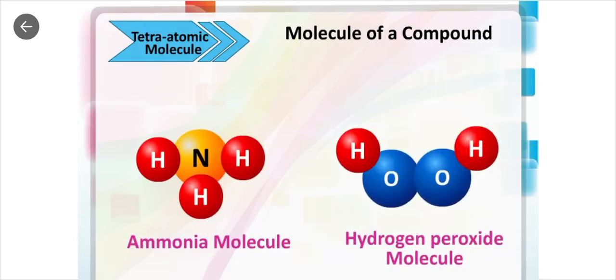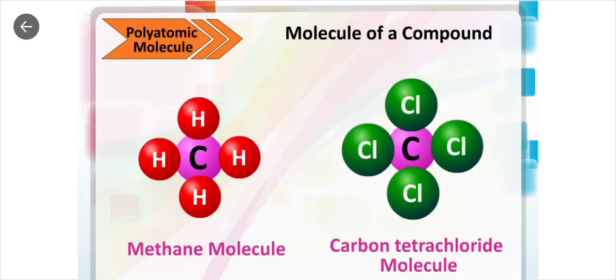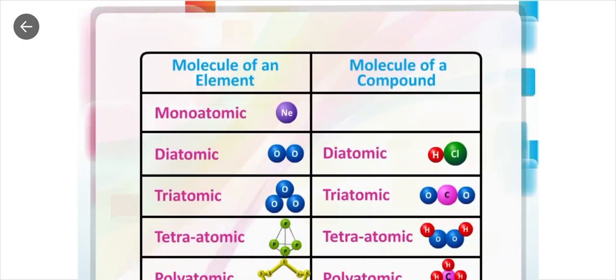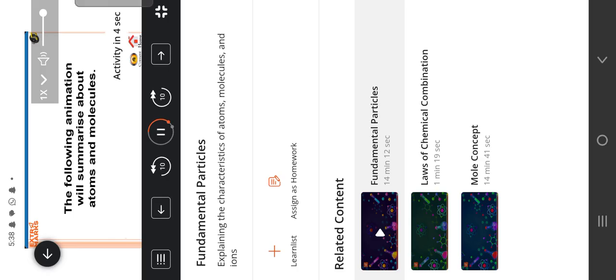Tetraatomic molecules contain four atoms. Polyatomic molecules contain more than four atoms. Molecules are building blocks of various substances around us. The following animation will